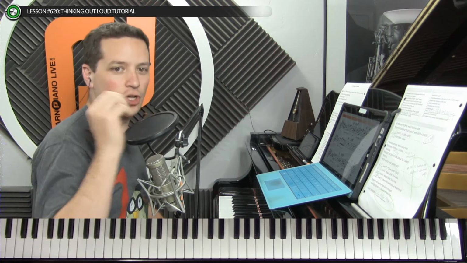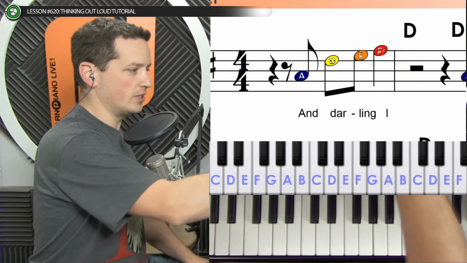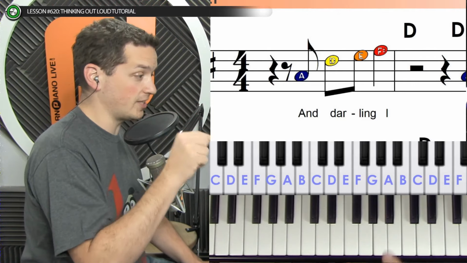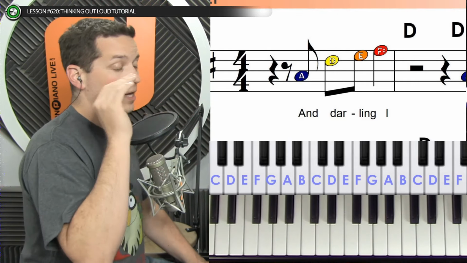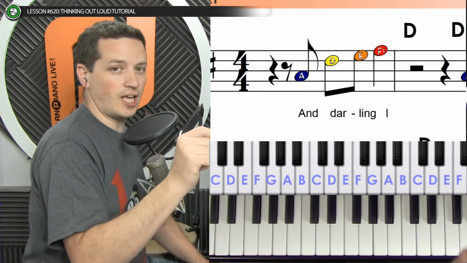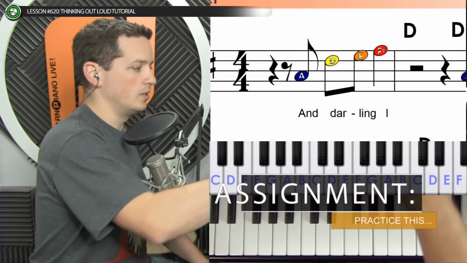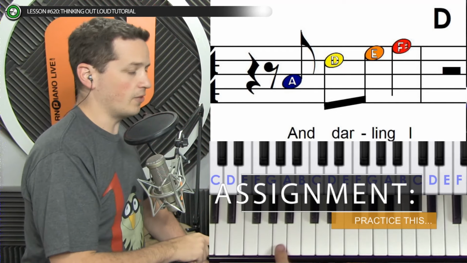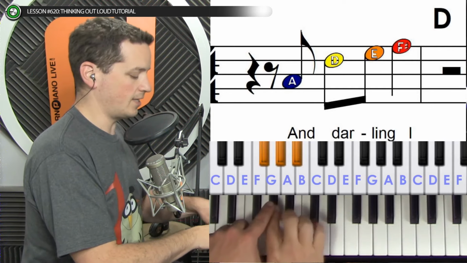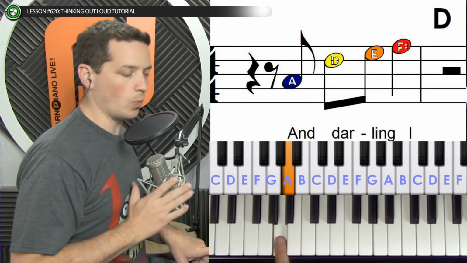So then let's talk about this note by note here. We're just going to start here on an A. Now, I know there's a lot of scary stuff on the page, but all you have to really worry about if you want to play the melody of this thing, and that would be the first assignment, is, if you've not played a song before, maybe pick a shorter one than this. But if you want to do this, then your assignment would be to just play the letters inside of the colored dots. So the first one is an A, and in order to find an A, you're just going to take any group of 3 black notes and take the middle note and drag it up 1. That would land you on an A every single time, no matter what piano you're playing on.